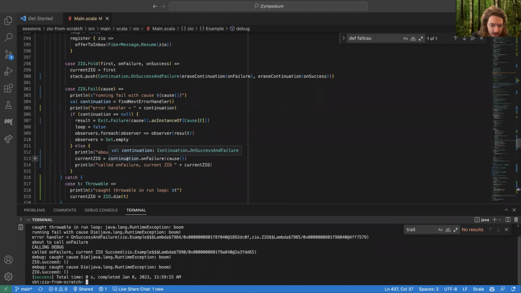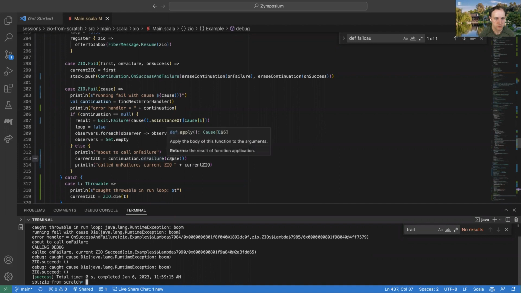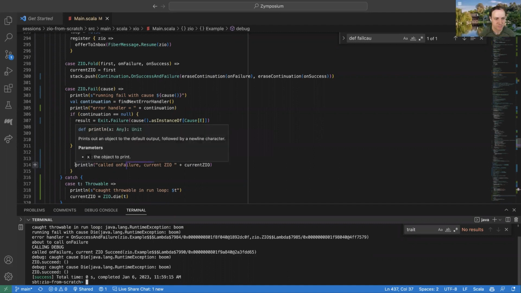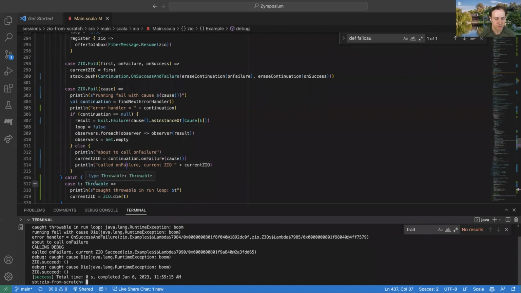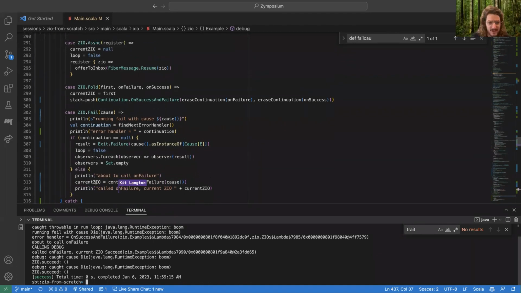Maybe this debug is, does adding the type there help or no? No. We have a ZIO succeed of a lambda. Where could it have gotten doubly nested?